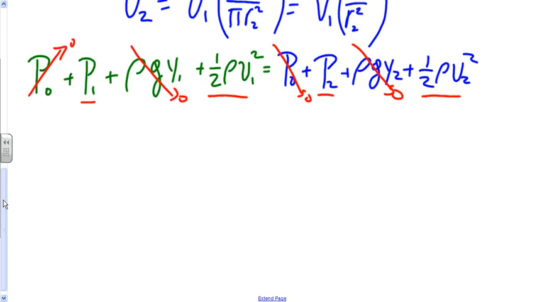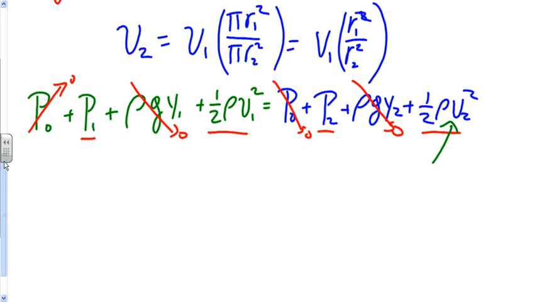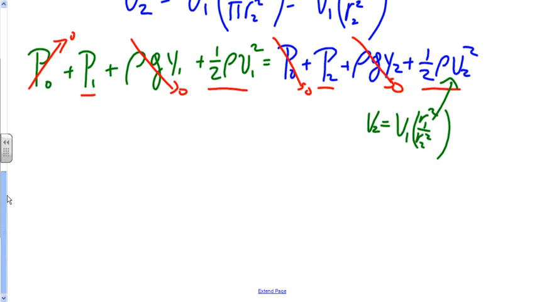But first, before I do that, one last little point. I have this V2 here. Recall that above we solved for V2, and we said that V2 equals V1 times R1 squared over R2 squared. Therefore, V2 squared is obviously just going to square all those terms. So again, what I'm going to do now is solve for V1 in terms of everything we have here. So, sparing you guys the calculations, I'm going to say V1 equals